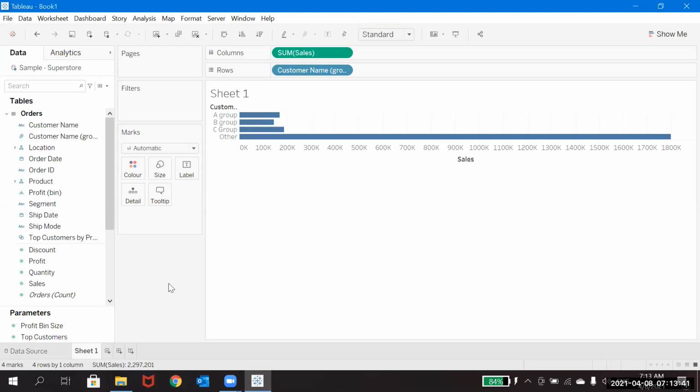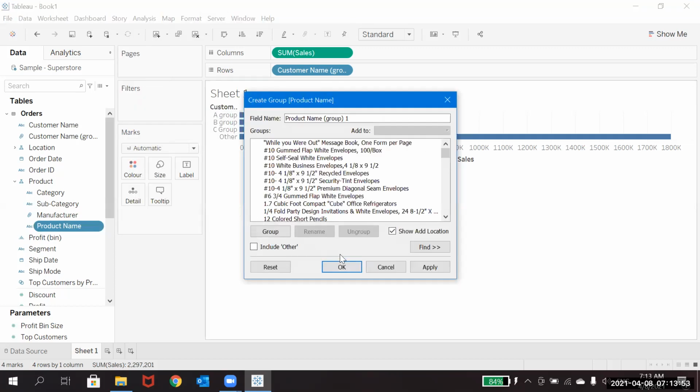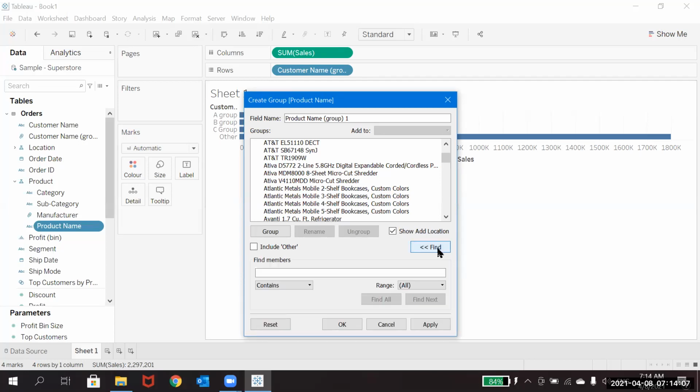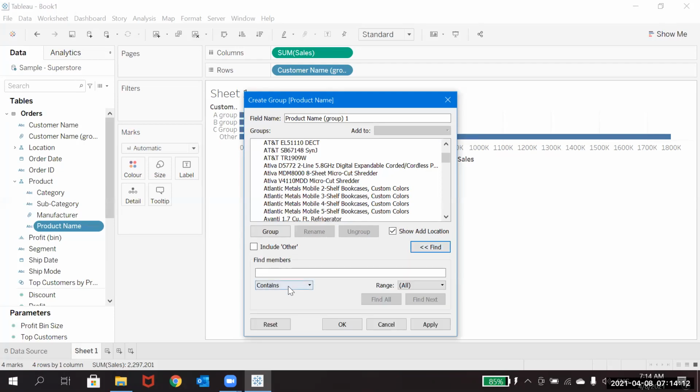So let's say, in the same way, we'll go for the product name. In this case, to start with A and everything is there, but if you find it a little difficult to find something, then you can click on this Find option, and here you see Contains, Starts with, Exact match.